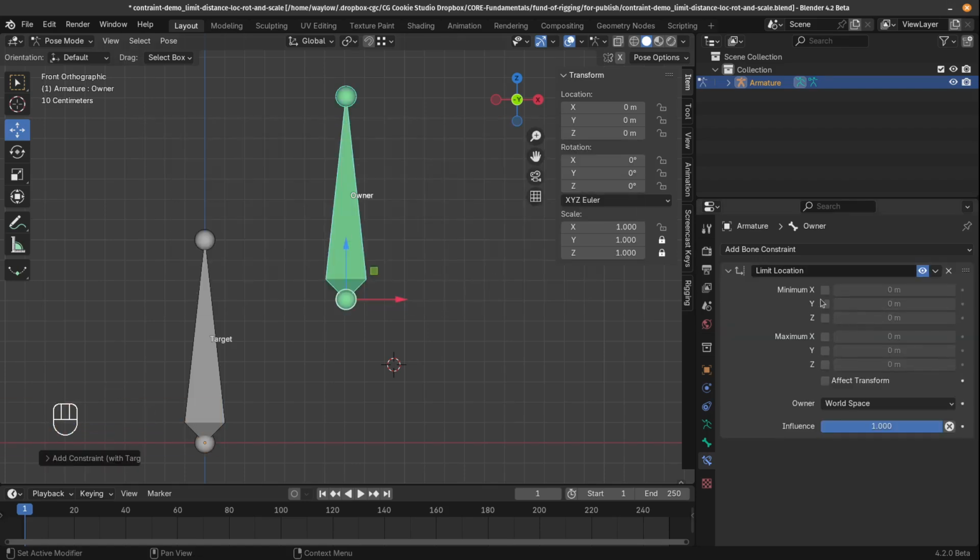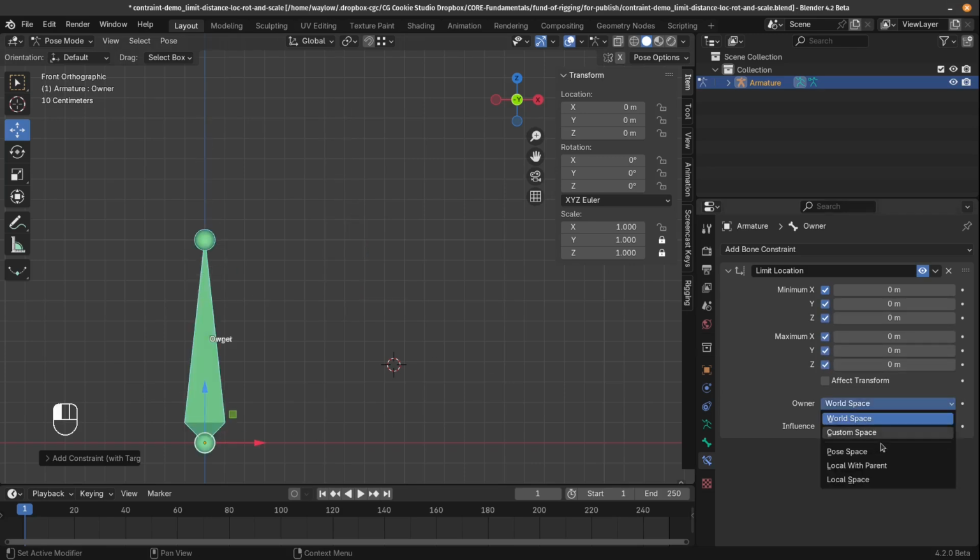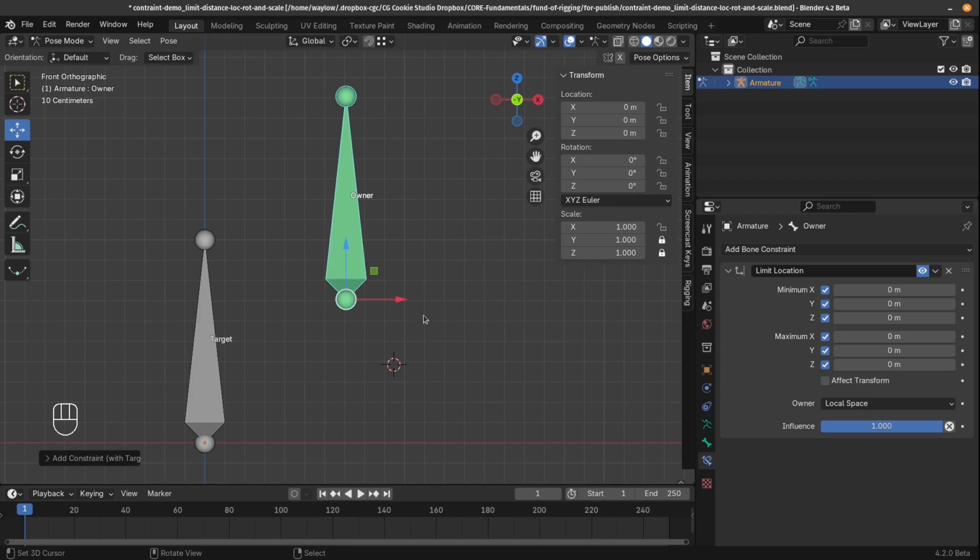Over here, you can see we have some options to turn on a minimum and a maximum for each of our axes. So let me just click that on. And it's jumped to world space there because we are in world space. So let's just change it over to local. So now I've technically limited it to not be able to move on any of its axes. However, it's not a good idea to use a constraint to limit it like this. If you wanted to limit all of the axes or just some of them, you're better off to lock those